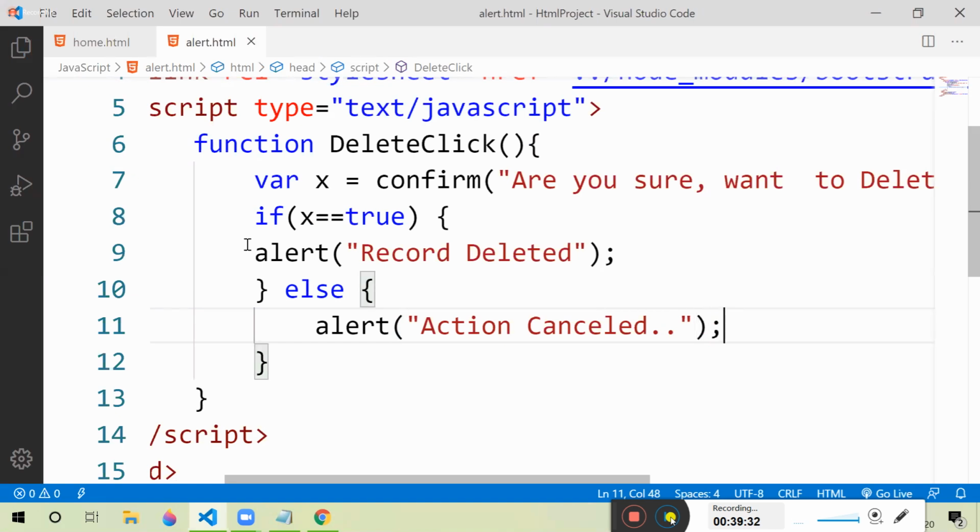That means directly using a confirm box will not make any sense, because even though OK and cancel buttons are present, they don't have a functionality defined. You have to write the functionality like this. On OK click, it returns true. So on true, what should happen? On false, what should happen? Actually, we are just displaying alerts. Later, we can do a lot of activities. As of now, I will save this